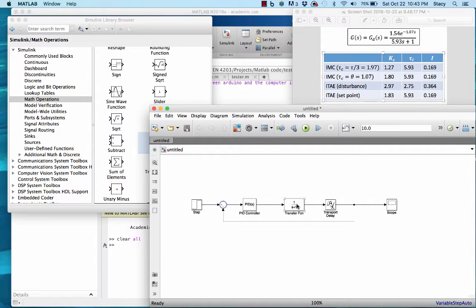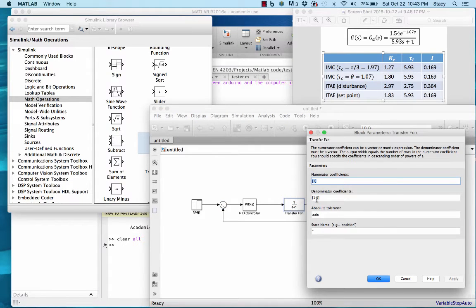So now I need to define my blocks. First I'll go ahead and define the transfer function block, and basically I want to make it look like what my transfer function looks like. So for the numerator, these are coefficients of s that I'm defining. So for my numerator, it would be